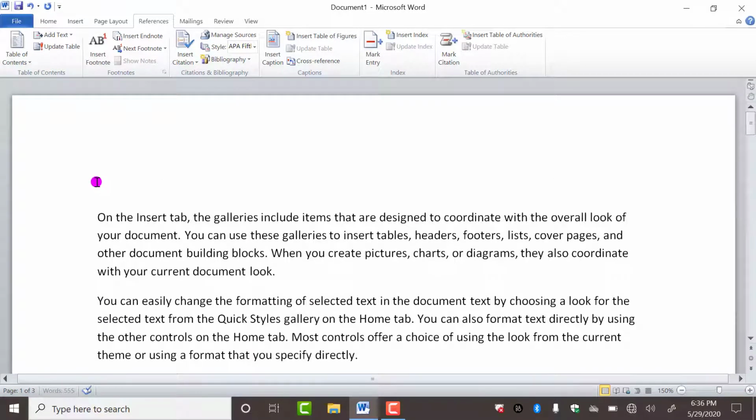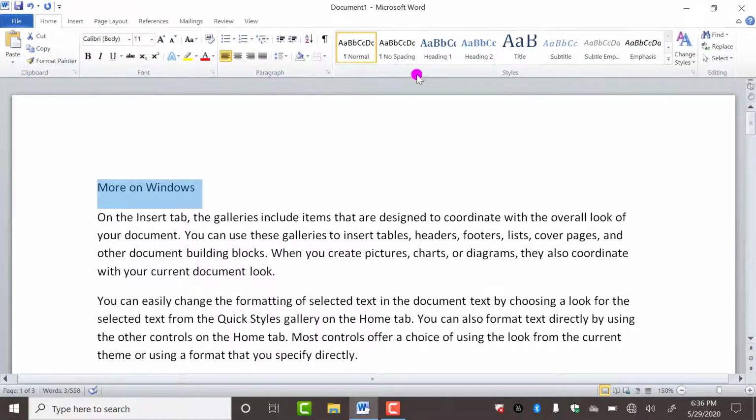Now in this I have to write something to make a heading, so I'm making it a chapter name like this, more on Windows. I have to select it, then using this Home tab I have to apply this Heading 1 from here.